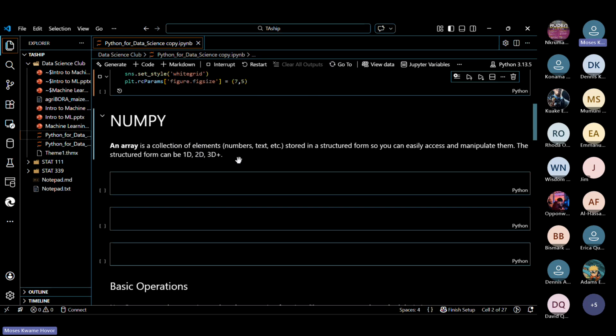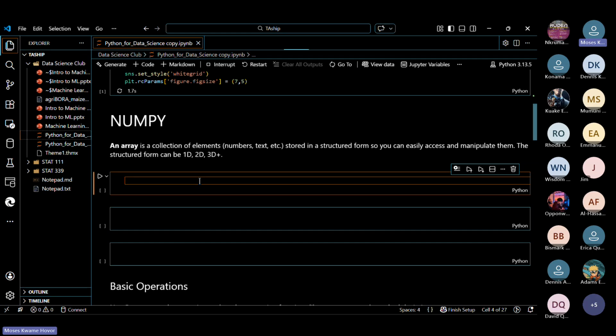Now for NumPy, we are going to look at an array. An array is a collection of elements, that's numbers, text, etc. And they are stored in a structured form, so you can easily access and then manipulate them. Unlike lists in Python, where a list can contain more than one data type.